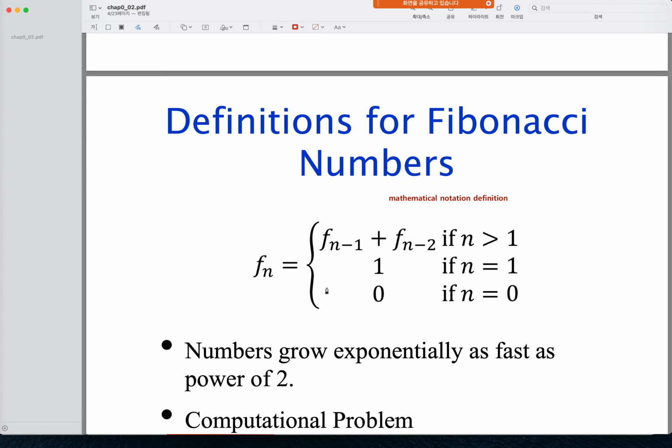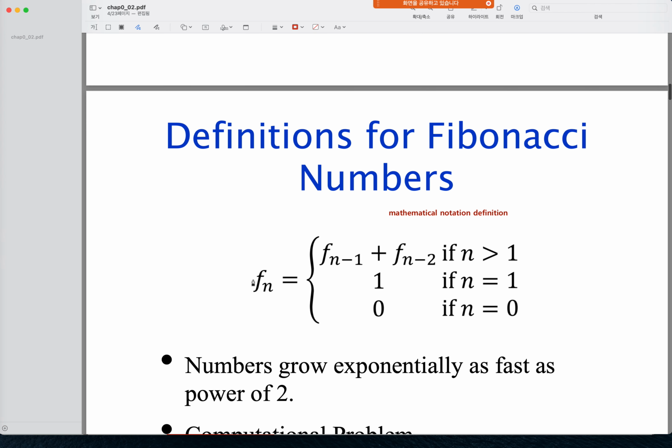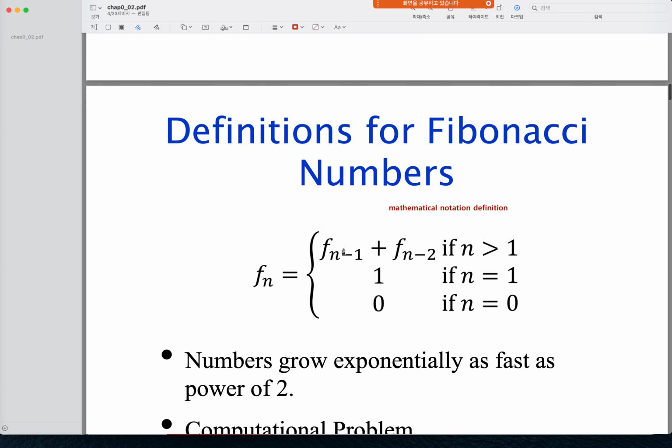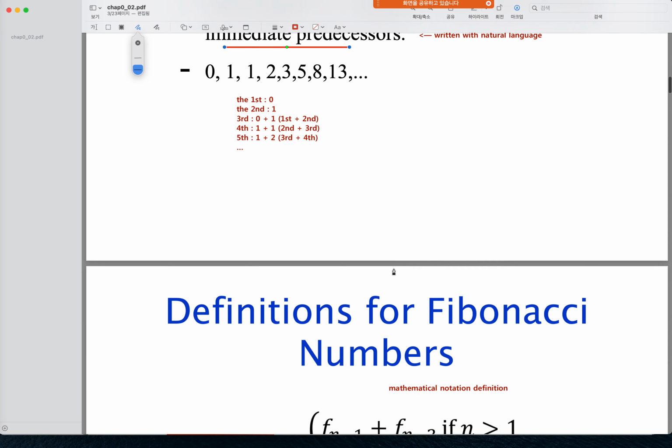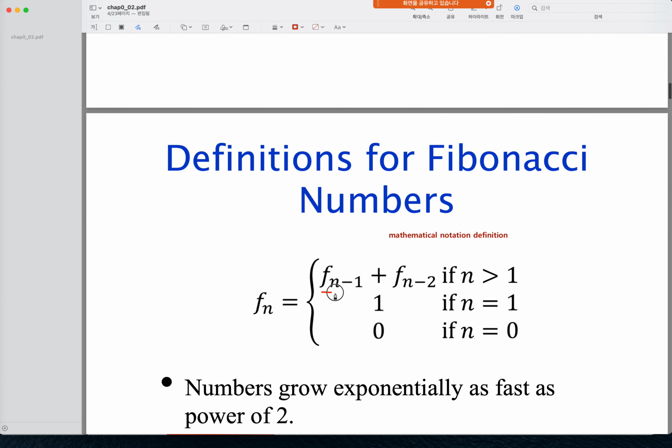So here is the one. Fn equals Fn minus 1 plus Fn minus 2. You can see here each number in a sequence is the sum of its two immediate predecessors. Look at this value: this guy is about this guy's immediate predecessor. It's Fn, the nth number,